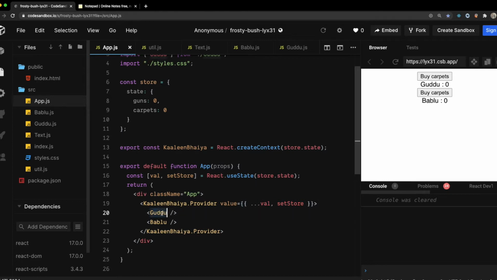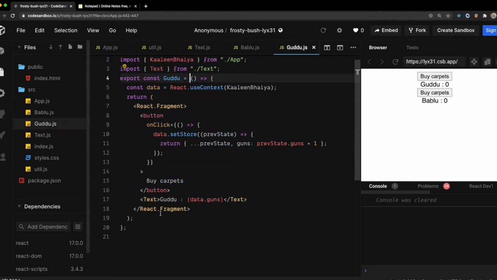So let's give a separate business to both of them. Guddu is going to control the amount of guns, and Bablu is going to control the amount of carpets. In the Guddu component, I have a button, let me change this, buy guns. So Guddu is going to buy guns and Bablu is going to buy carpets, if you see the Bablu component.